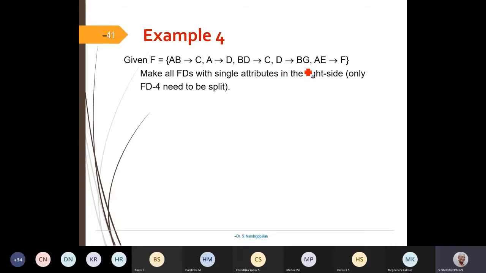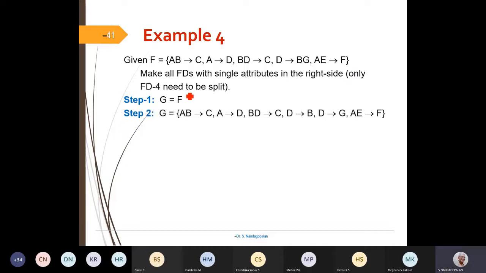So I can just rewrite this as D arrow B and D arrow G. So after rewriting this, I get AB arrow C, A arrow D, BD arrow C, D arrow B and D arrow G. This had given me two FDs because of the right hand side being split, because as per the algorithm, we should have only one attribute on the right hand side.